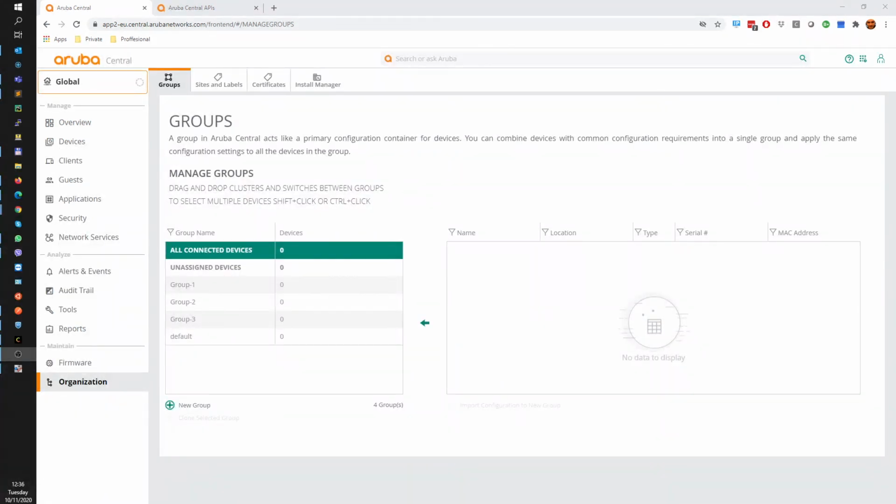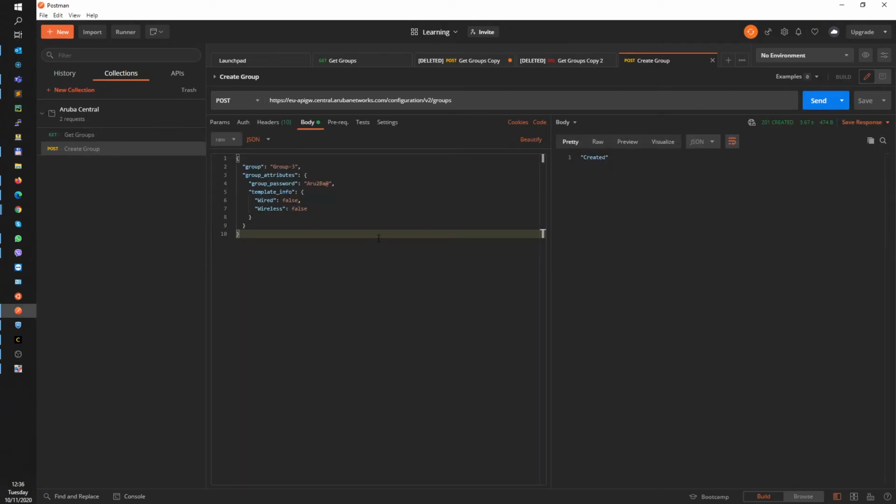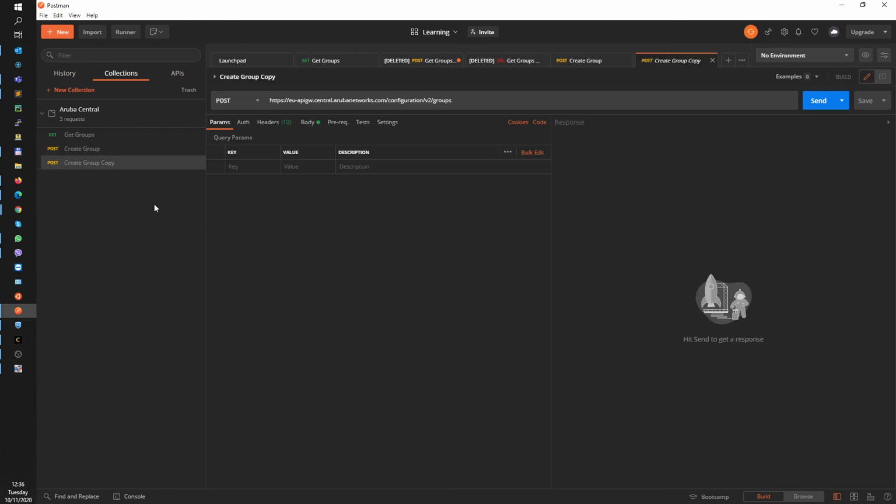And now for the final step as before, let's delete group 3 and let me hit save again and duplicate this request. The request will change a bit.